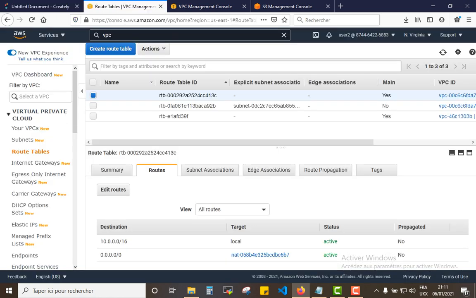We are going to rename it, since we have the NAT gateway in the route table. We just rename it public route table. That being done,